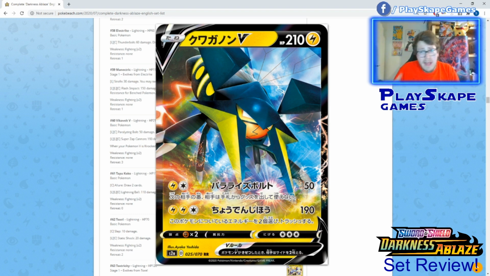But I'll give it, in the special format for 2 weeks where you can play with Darkness Ablaze cards and Electro Powers and older cards. 9 out of 10, really strong. Item lock in,